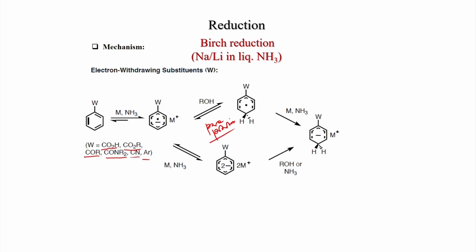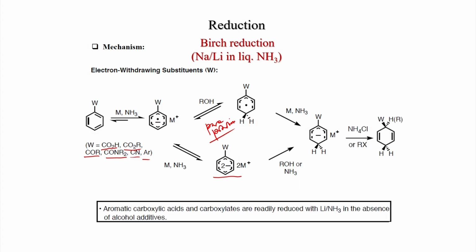and now this will be ipso protonation later, but what I want to say is that this anion can be generated also, and particularly when the proton source is not there, then this radical anion becomes a dianion, that is also possible, and this dianion later can react with the alcohol or ammonia to get this anion, and this anion then undergoes ipso protonation. So this is called ipso protonation. So this carbon atom where the W is attached undergoes ipso protonation, or if you treat with alkyl halide, then you can get alkylation.